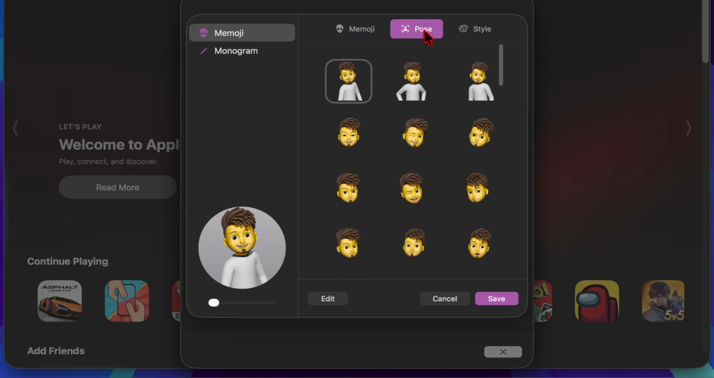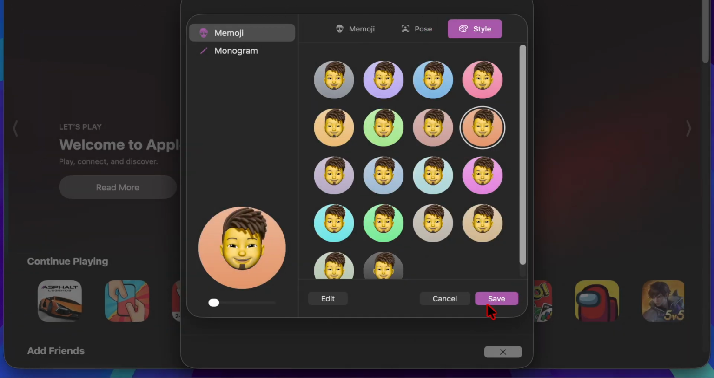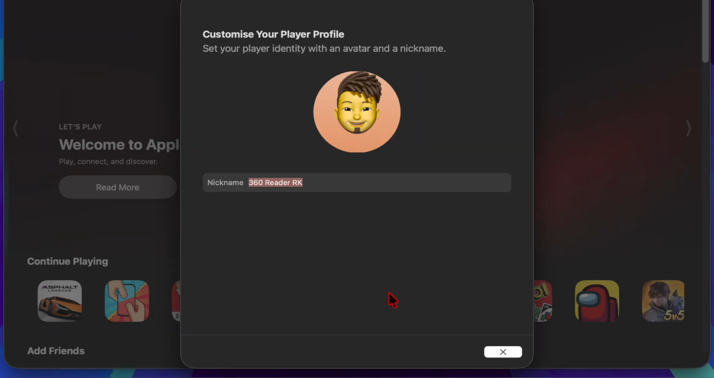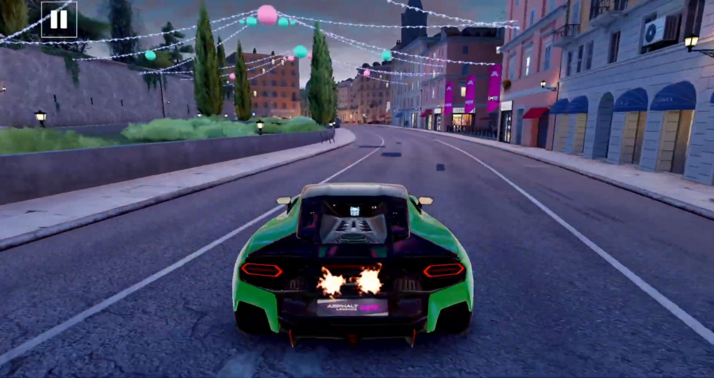For a more fun-loving experience, go with a custom memoji and design it perfectly using poses and styles. And once you have perfectly customized your avatar, make sure to click on the Save button to finish, and that's about it. So that's how you can easily change and customize your profile in the Apple Games app on macOS